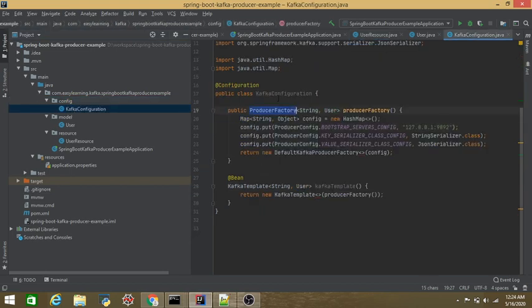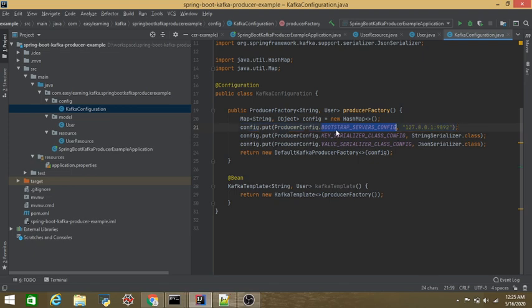I have created one configuration, you can see, and I want to load this configuration class as part of the startup of the Spring Boot application, or at the load of the class. That is why I have given @configuration. Now there is one method in the producer factory which is creating a map for me, and in this map I am putting three important values.